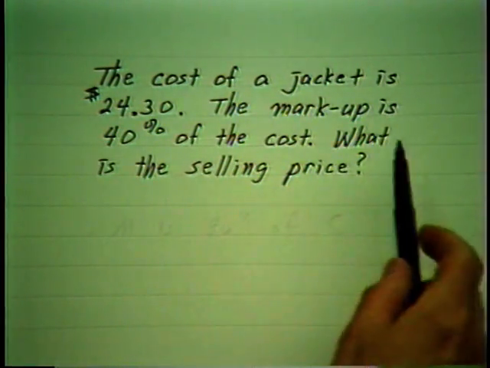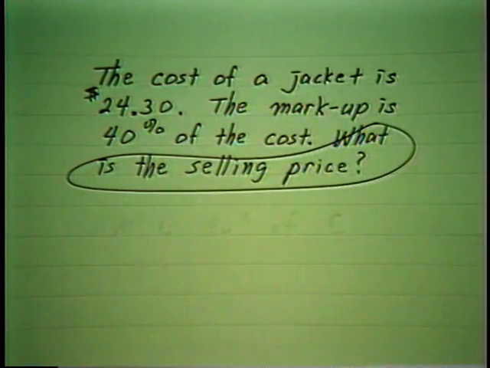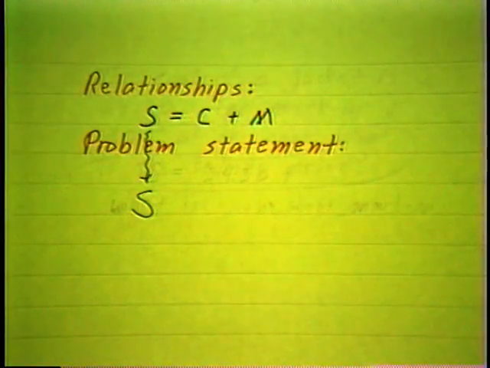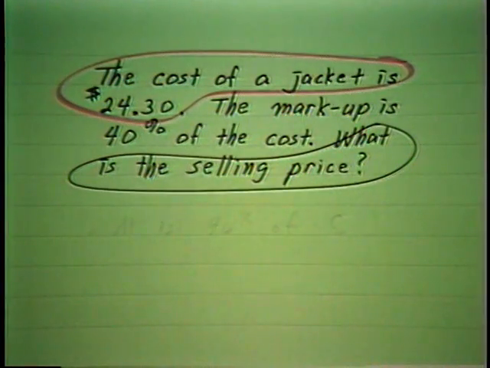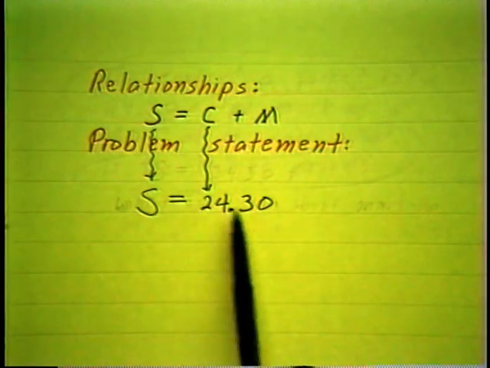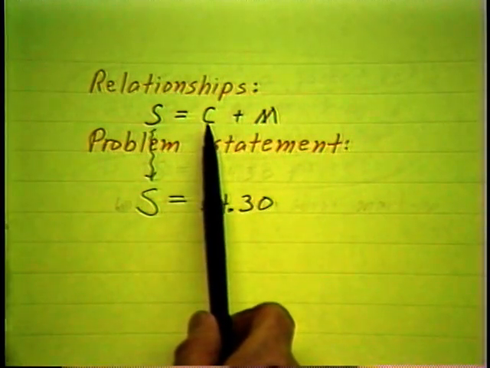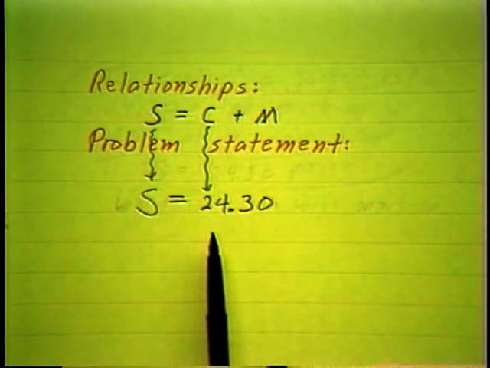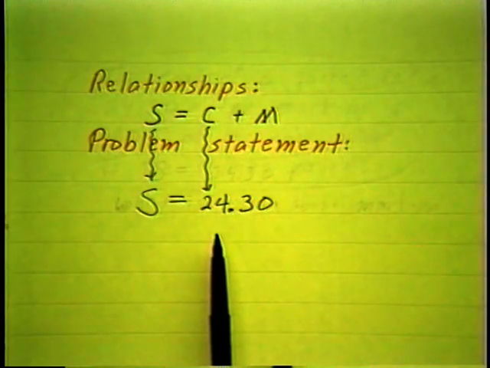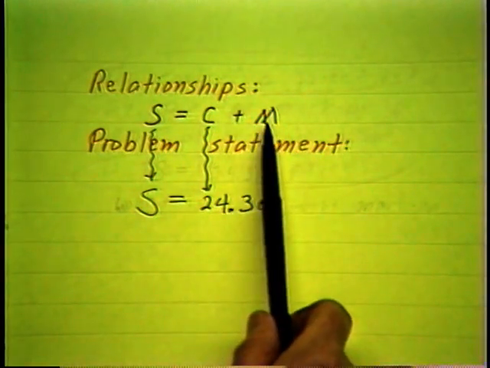First, they wish to know the selling price. So at least we've identified what we don't know, the selling price. Now let's see what else the problem is telling us. Okay, the cost of the jacket, $24.30. Then let's state that mathematically. There, the cost. And of course that's what the merchant paid for it from the wholesaler or whoever he buys it from. Okay, now do they tell us anything about the